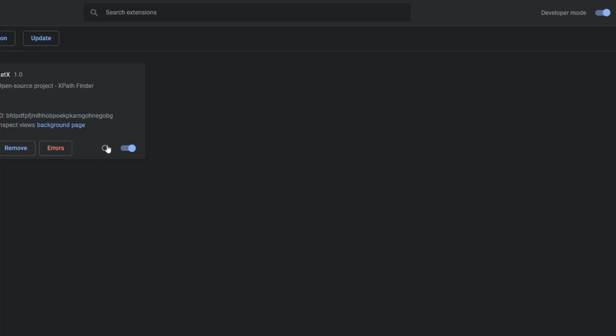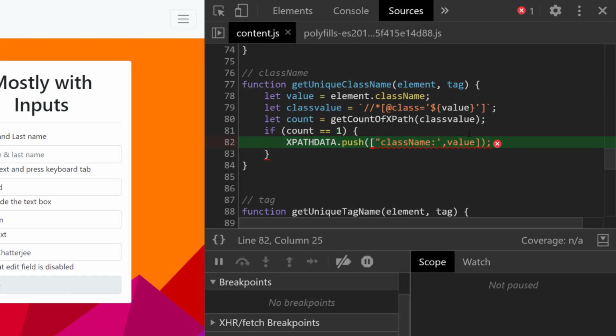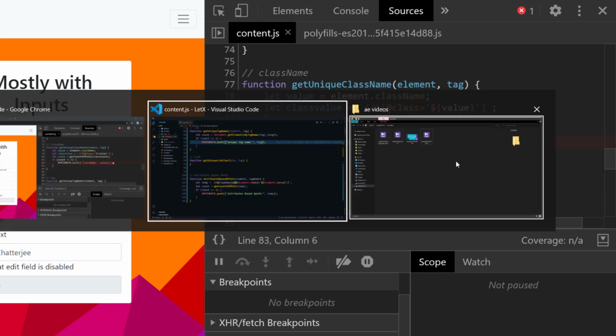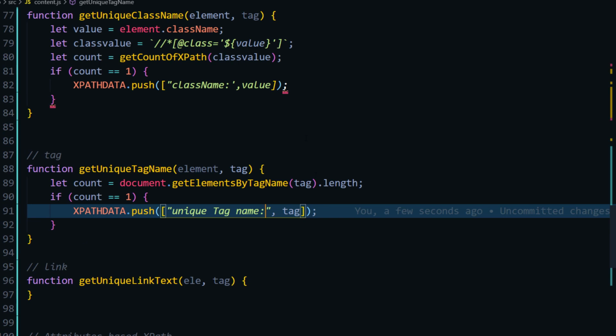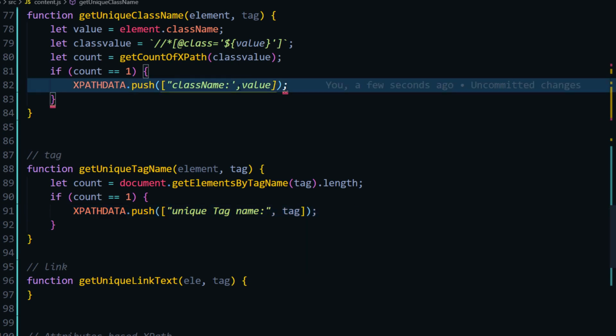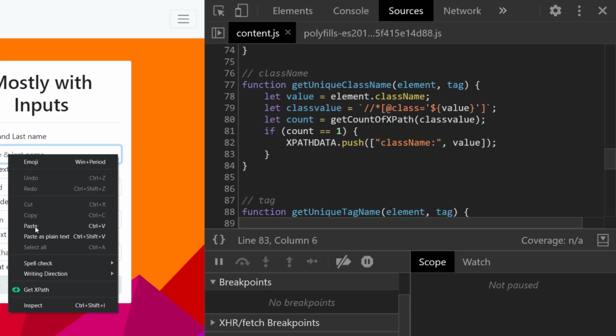So here if I go to this refresh, and right click and get XPath, okay, so we got some errors. It says unexpected token. So we didn't close this properly. Here in line number 82, if I go here, we can see we didn't close this properly. So that's the problem. So go back and refresh, and if I do right click get XPath,